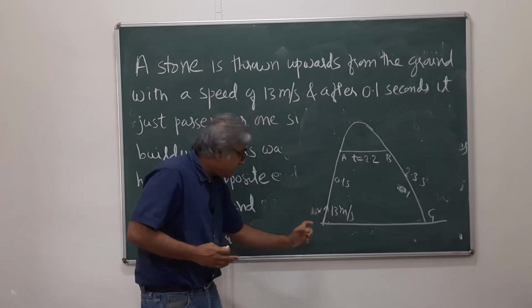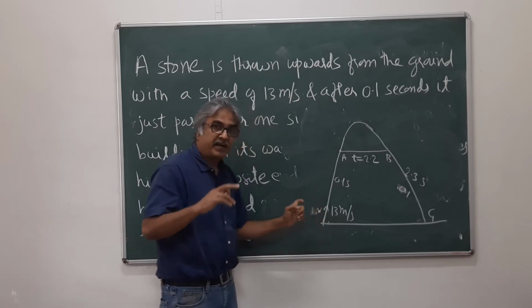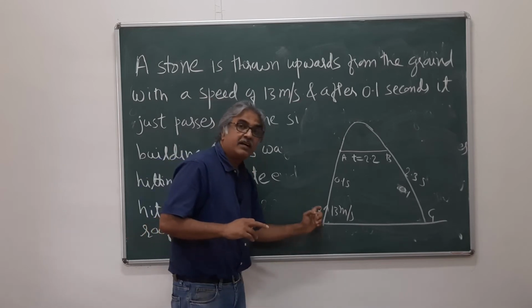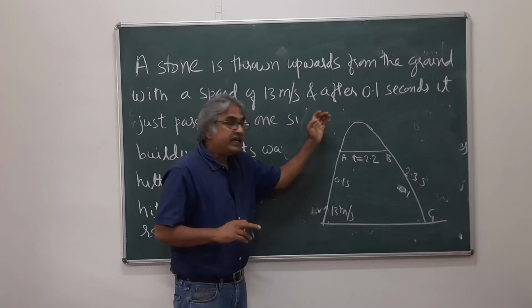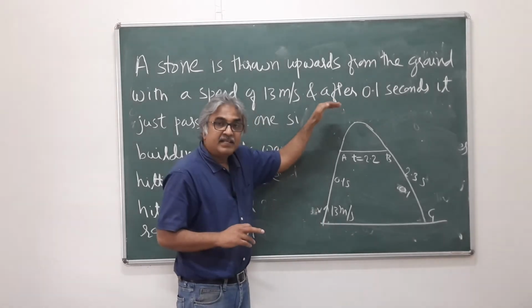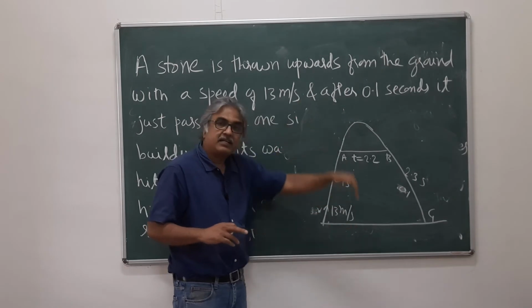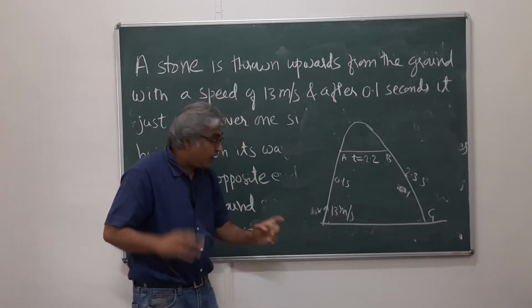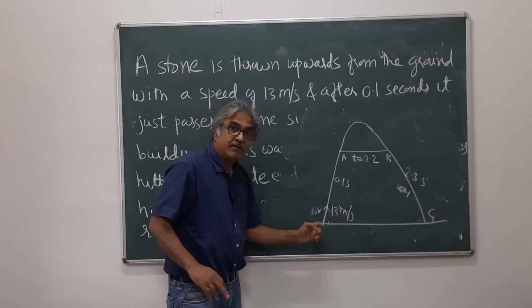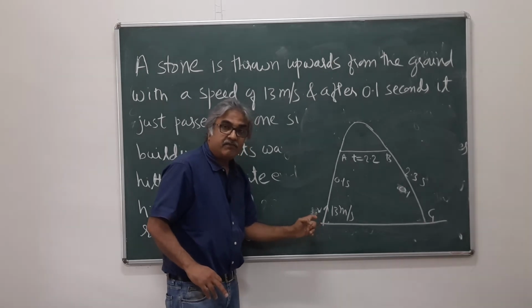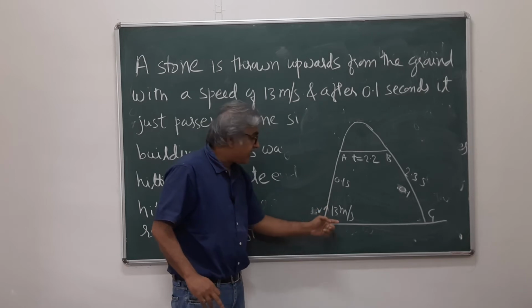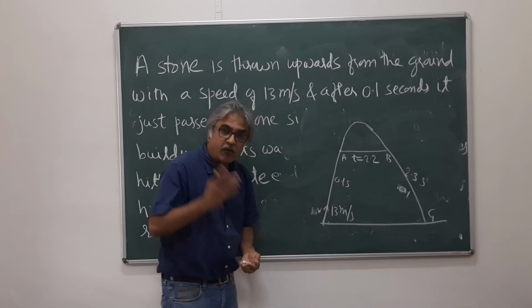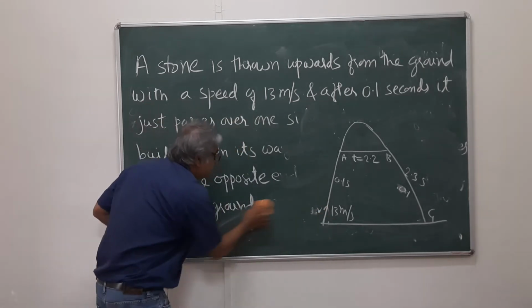Now that means the initial vertical component. What we are finding out is the initial vertical component of the velocity of the projectile. That vertical component will keep on decreasing as the projectile moves up, then it will keep on increasing as it comes down. So find out the vertical component of the initial velocity, because the projectile is fired at 13 meters per second. So how would you do that? Just think about it.